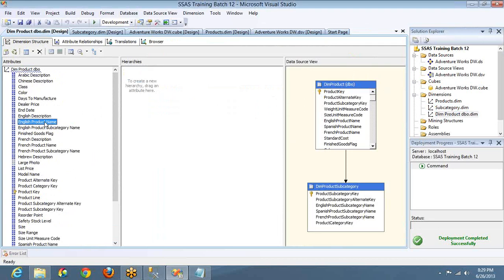The disadvantage of going for this combined one, two tables joining into one dimension is, let's say you have a cube which wants DIM product. And let's say you have one other cube in the same solution which wants DIM product subcategory information. So what is the problem? In both the cubes you have to add all the attributes, right? It is of no use to do that. So the performance will be very poor. I'll demonstrate. I'll show you that.